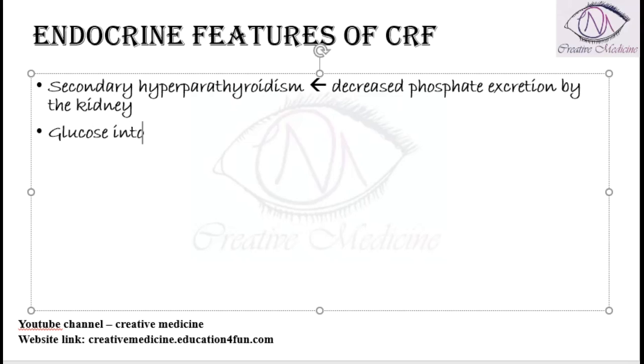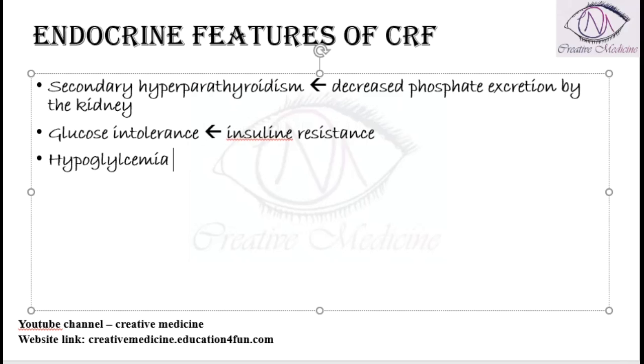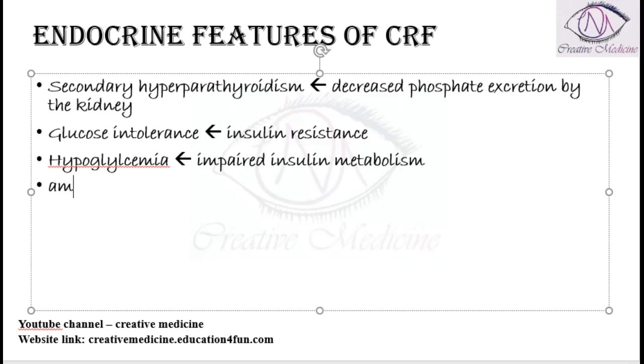Glucose intolerance can be seen in the patients, and this mainly occurs due to insulin resistance, and the patients will also develop hypoglycemia. Why? Because of impaired insulin metabolism. Because of glucose intolerance, insulin resistance will be seen, and hypoglycemia will also develop, mainly because of impaired insulin metabolism. Then amenorrhea is seen in the patients,